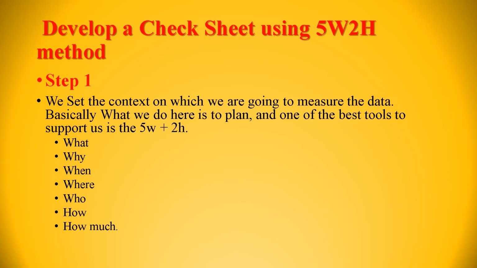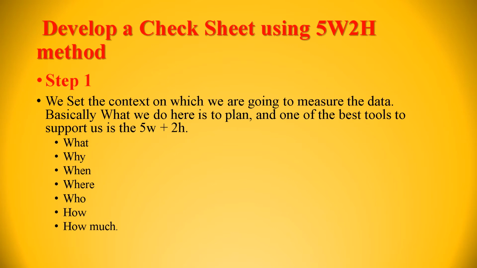Why is it called the 5W and 2H method? At first glance, it may seem complicated, but it's really the exact opposite. It is very easy to use. The 5W2H method is simply the guidelines involved in each phase when you are going to develop a data collection plan, an action plan, or whatever. At this point, I'm going to explain how to use this 5W2H method to develop a suitable, appropriate check sheet for your purpose.